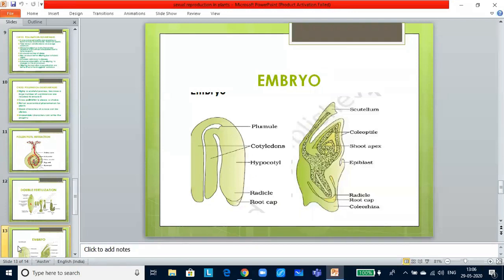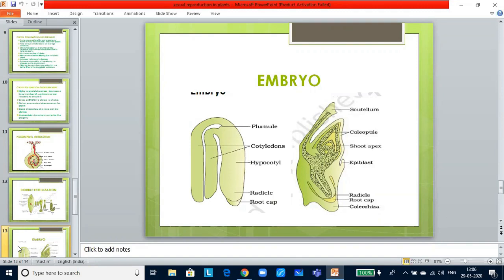That is post-fertilization. After fertilization, events of endosperm and embryo development, maturation of ovules into seeds and ovary into fruit are collectively called post-fertilization events. The primary endosperm will repeatedly divide and form the triploid endosperm tissue. The cells of this tissue are filled with reserve food materials and are used for the nutrition of the embryo.